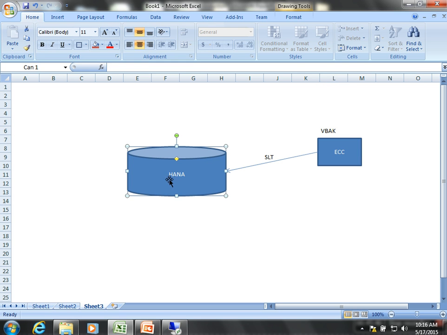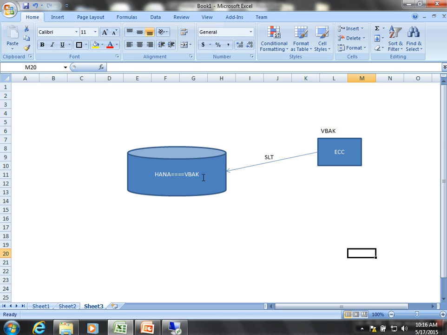And in HANA it also creates a table called VBAK, and through SLT you will be replicating that in real time from VBAK to another VBAK table in HANA, and on top of this table you have to create models and then do reporting. If it's a single table, fine.